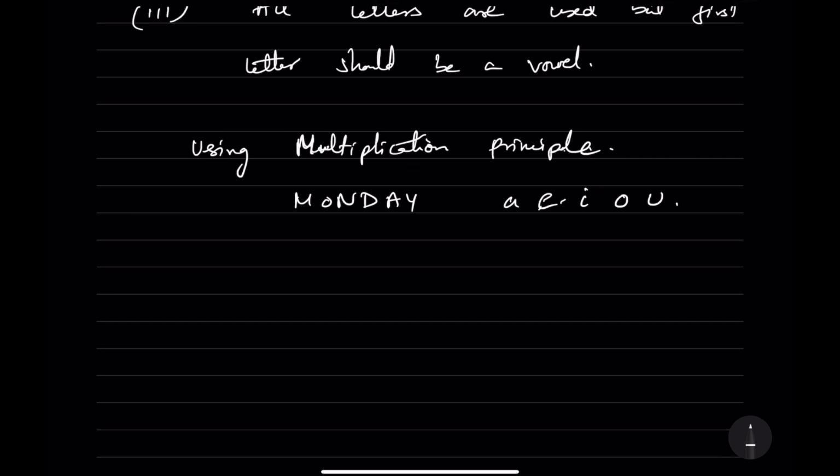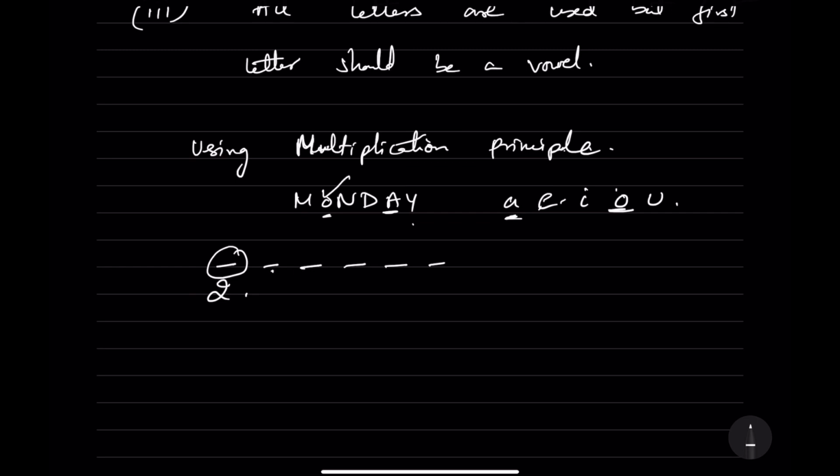So here how many vowels are there? 2 vowels are there, that is A and O. So the first word has 6 places: 1, 2, 3, 4, 5, 6. This first place can be filled in only 2 ways, because there are only 2 vowels over here. So therefore 2. Now in this first one, suppose O is filled over here, what remains